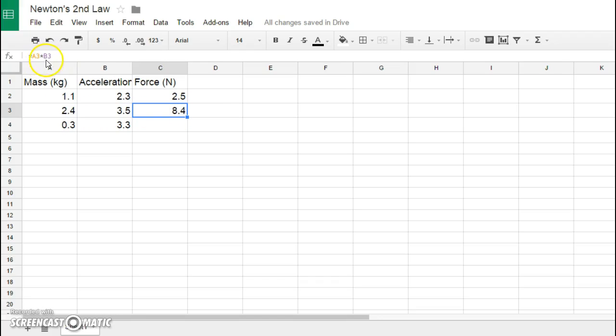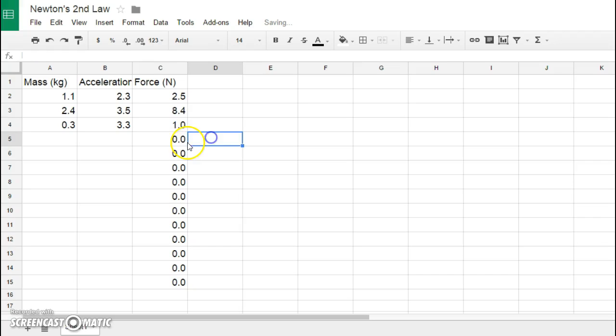Again, notice here the color codes are telling me that I multiplied A3 by B3. Now, notice it didn't do it here, and that's because I didn't drag this down. So if I drag this down 1, you will see that now it says it's A4 times B4. So what this will do is it's just going to basically perform the calculation for me. So if I decided to just drag this down further, I'll see I have no values yet, but it's ready to do the calculation because it says let's take the contents of A5 and B5 and multiply them,